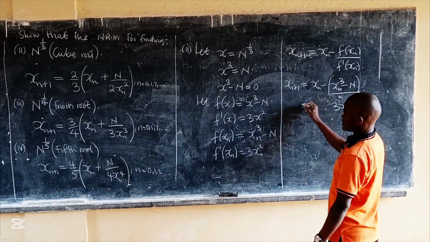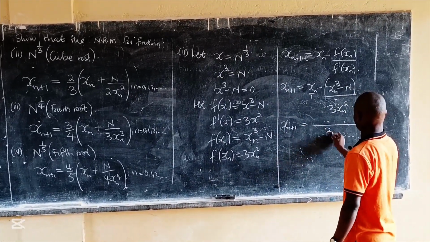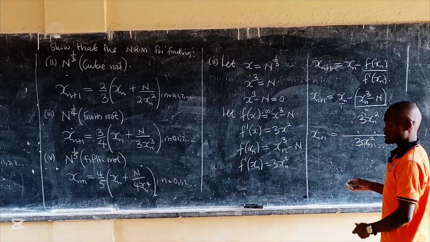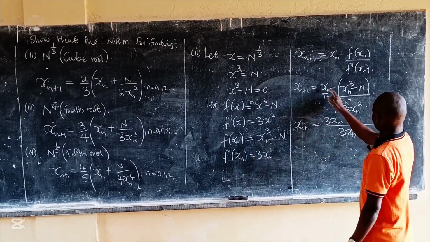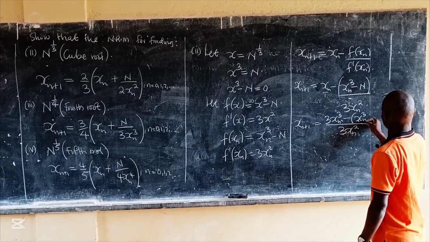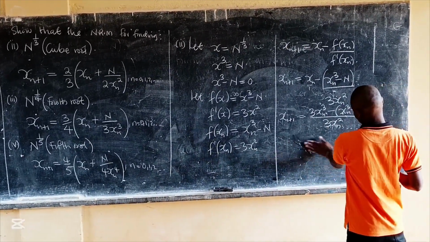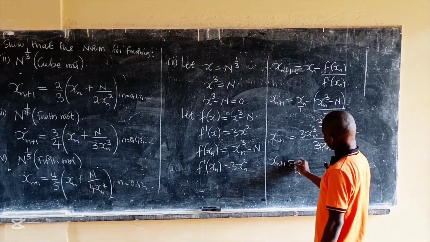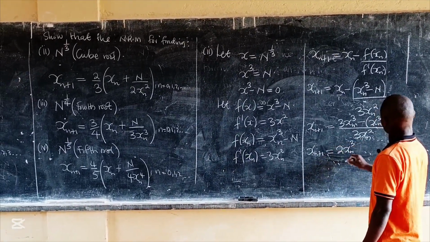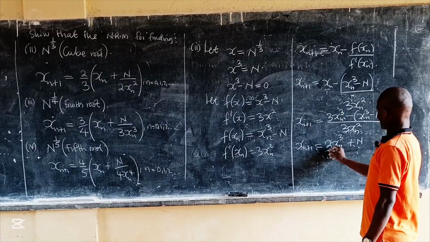Now at this moment we can take our usual way of simplifying. The LCM will be taken, and the LCM is 3x_n squared. This one divided by this, you get this, multiplied by that, the powers add on x, and that will be 3x_n, so it is now power 3. Then minus this divided by that is a 1, so here we have just x_n cubed minus N. Check out how you expand this negative. Many candidates have a challenge. So this is x_{n+1} equals, when I expand this one minus this, it will be just 2x_n cubed, and this negative and this negative, we are going to simply have positive N like this, and then here we are going to have